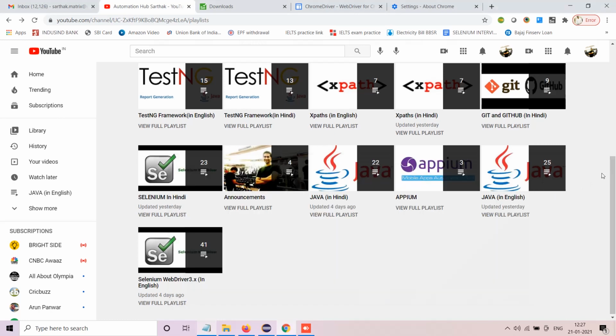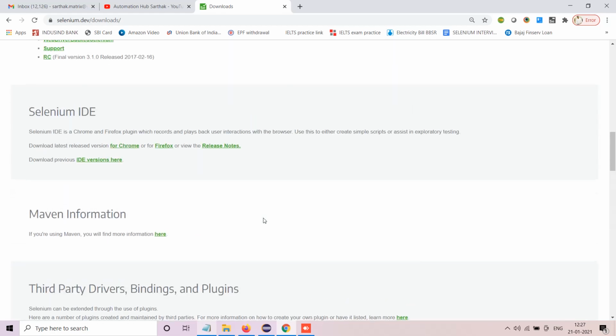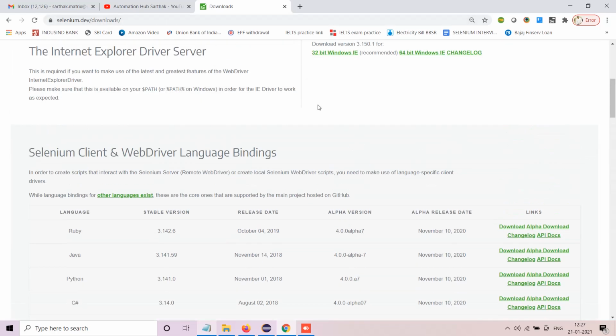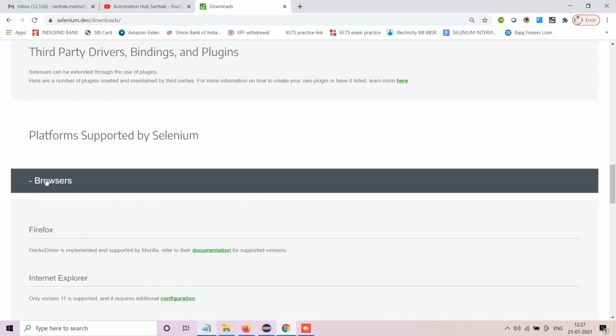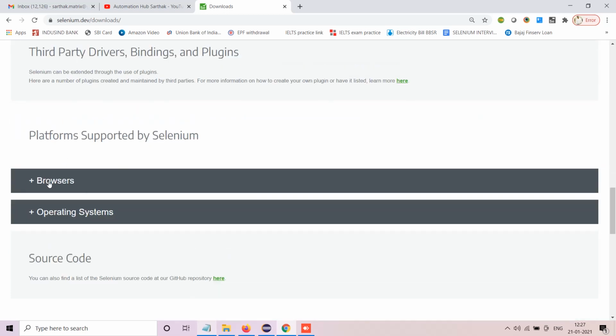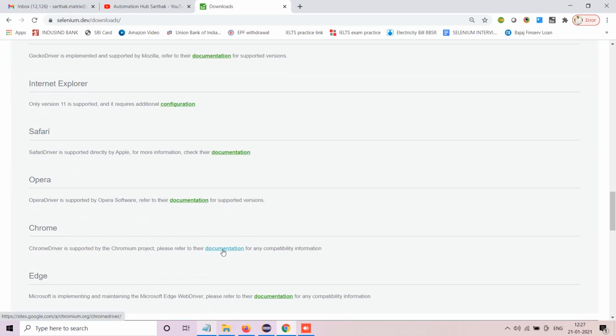Before we start, I need to tell you how to do a proper setup. Go to the selenium.dev website and go to the download section. Scroll down and you come to the browser section, which lists the platforms supported by Selenium. Whichever browser driver executable you want, say you're working with Chrome, open this link in a new tab.